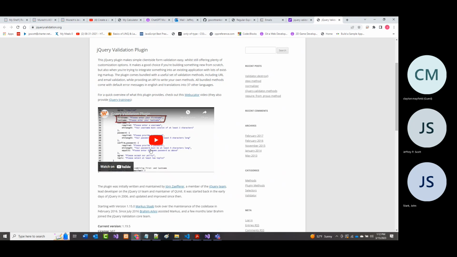They show a couple of examples in there. It doesn't directly pertain, it's more just HTML oriented, but it shows you how to set up the validation that you're going to be doing on the client side. It's probably worth a look for you, and again, it's just under jQueryvalidation.org if you have the time and the desire to take a look at it.